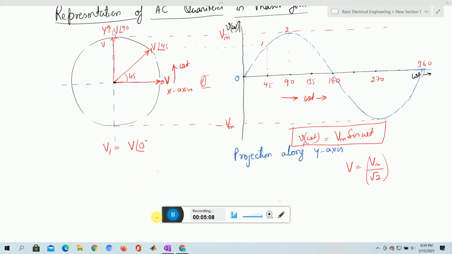And what we can do is we can also write it as an angle of 0 degree. The equation V1 of omega t equals Vm sin omega t, we can convert with an angle of 0 degree. In some of the books, this magnitude can be written as V, or also the maximum value is here Vm. So this magnitude we can write as V, or we can also write it as Vm.